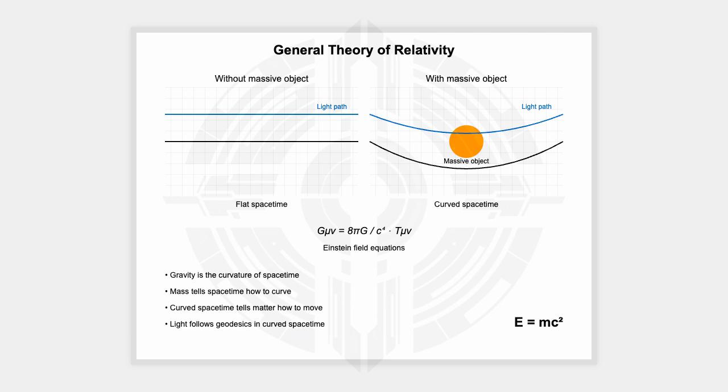Okay, so time travel aside, are there any other mind-blowing implications of general relativity that we haven't touched on yet? One of the most profound is its impact on our understanding of the universe as a whole. General relativity provides the foundation for cosmology, the study of the origin, evolution, and large-scale structure of the universe. So it's not just about planets and stars, but about the big picture, how the entire universe came to be.